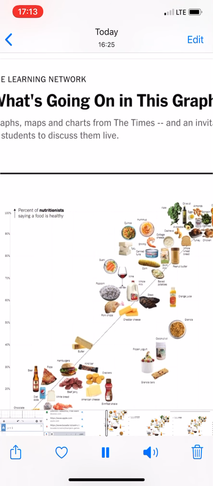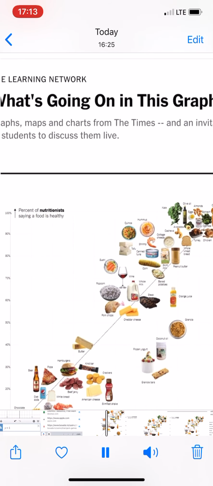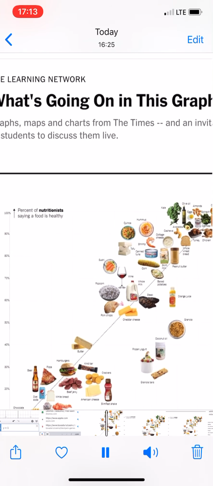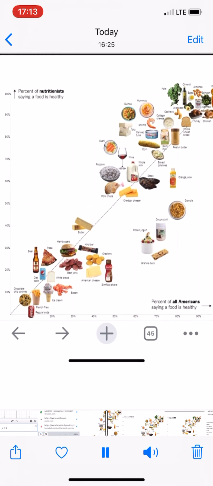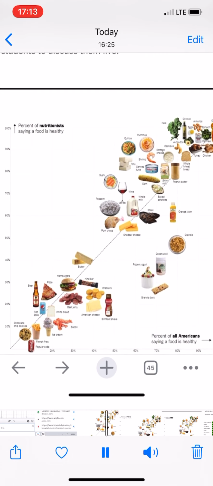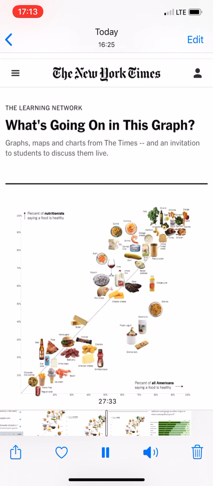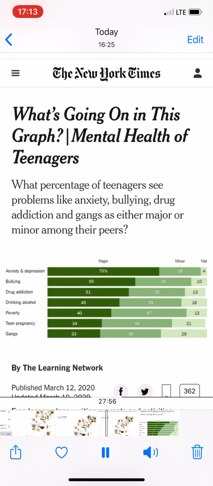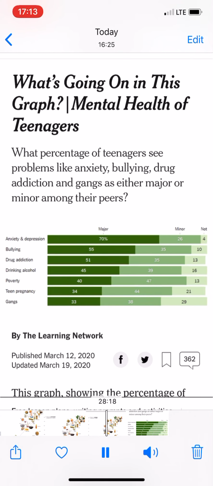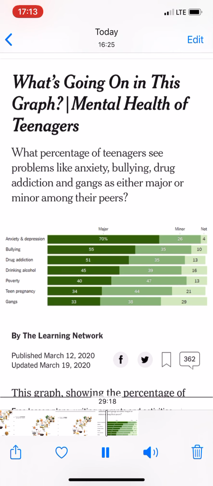And this is, of course, a graph where the y-axis is the percent of nutrients in a food, and the x-axis is the percent of Americans that think that food is healthy. So interesting, and very unlikely that a kid will guess that, especially in the very short amount of time that I'll give them. I have to be careful, though, because I can spend an entire class on just this one thing, because I love this. This is my favorite new